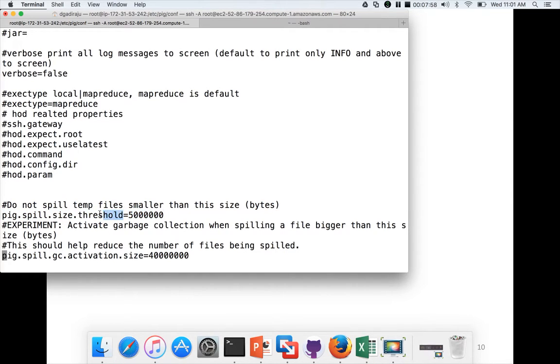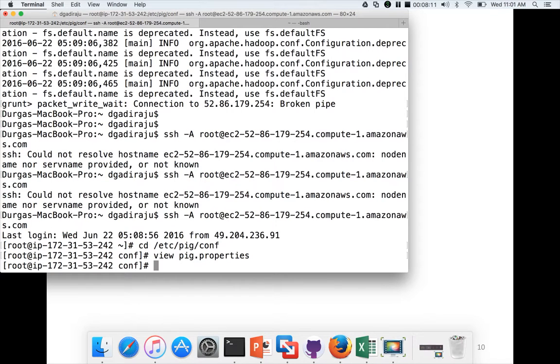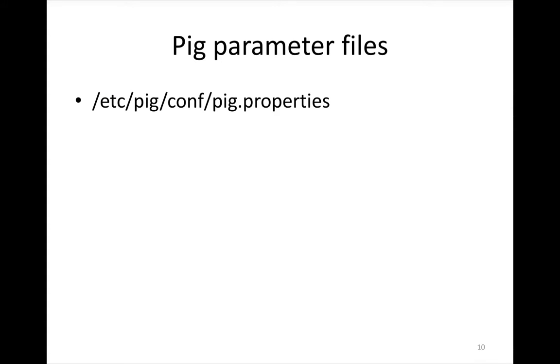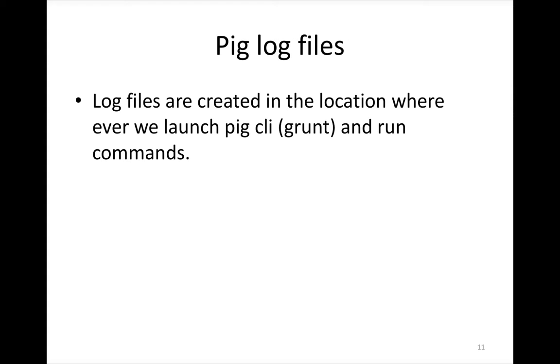The name of the parameter will act as the key, and you can have the values after equal to. Okay, so this is how you can override pig properties using the pig.properties file at the time of launching the pig jobs.